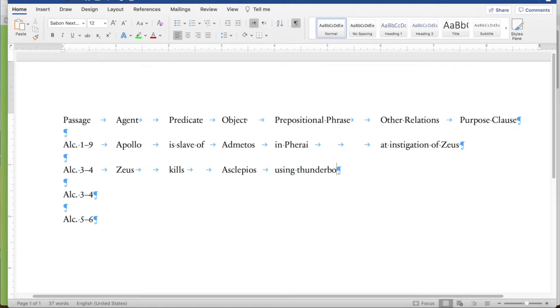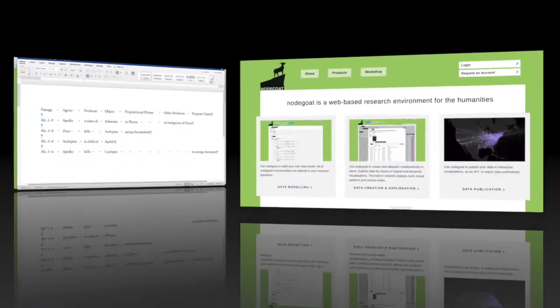Next, we have a relationship that is expressed in Asclepius is child of Apollo. And because we have the gender attached to the actual entity, that will be represented in the computer code as son of. And finally, we have Apollo kills the Cyclopes. And in this case, we have it to avenge his son Asclepius. Now that we have the data, it's time to go to the database itself.